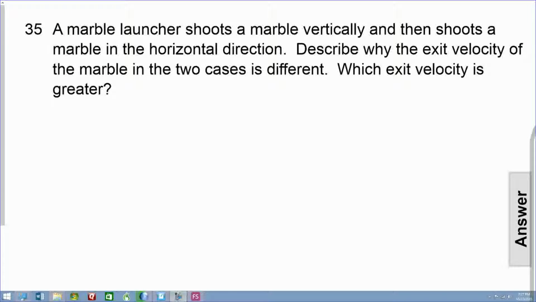A marble launcher shoots a marble vertically and then shoots a marble in the horizontal direction. Describe why the exit velocity of the marble in the two cases is different. Which exit velocity is greater? Pause the video now and solve the problem. Okay, let's check and see if you have the right